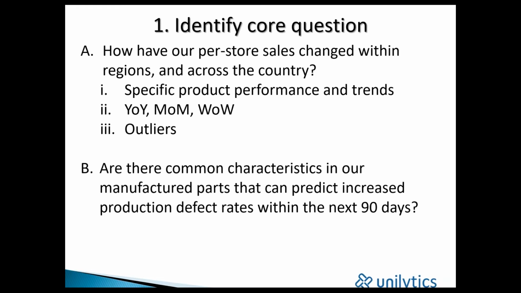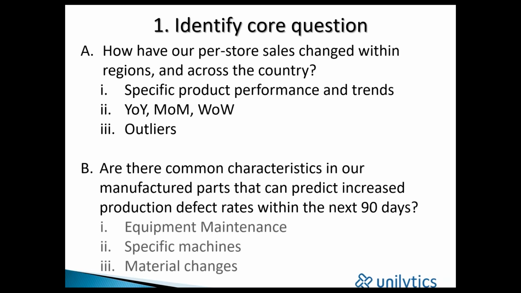Any particular events that we missed or caused the shift along the way. Another question that you could look at is, are there common characteristics in our manufactured parts that can predict increased production defect rates within the next 90 days? So again, in order for us to answer that sort of question, we need to look at